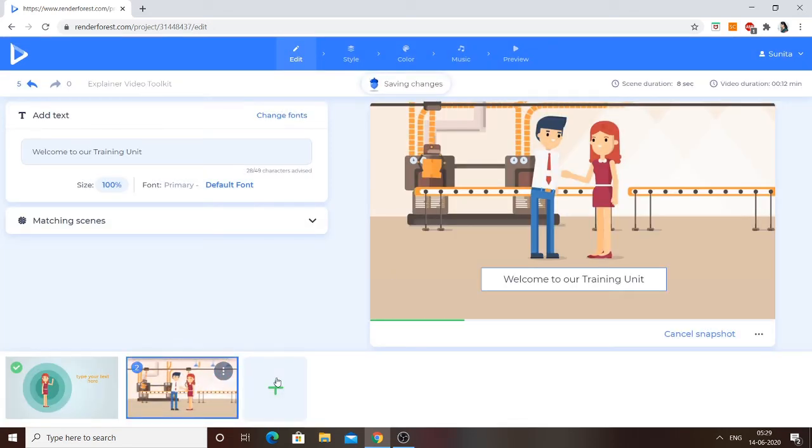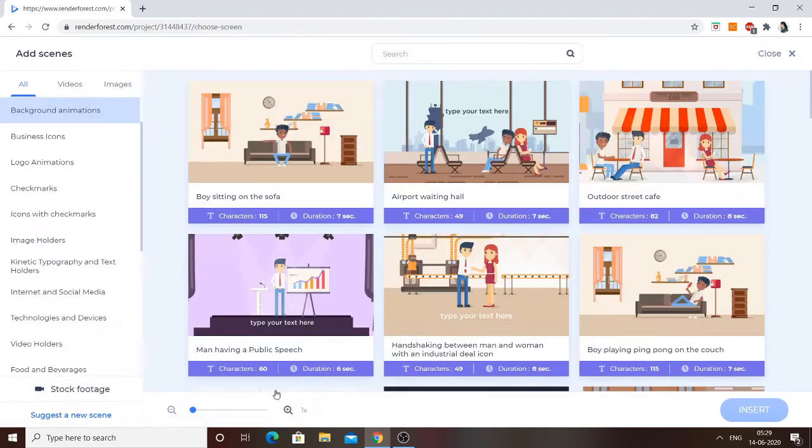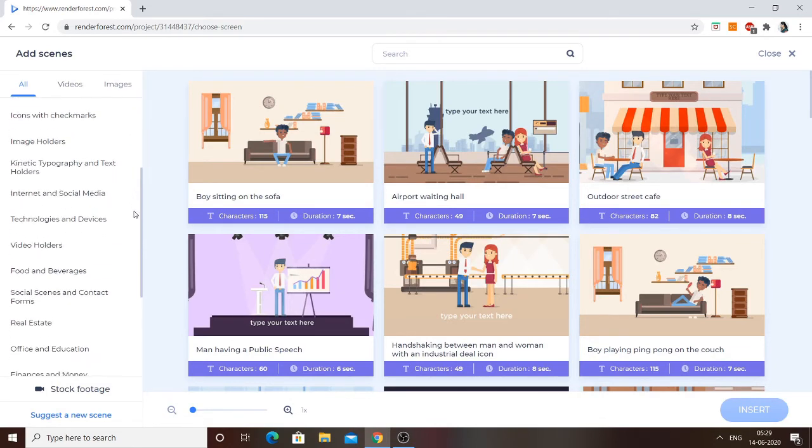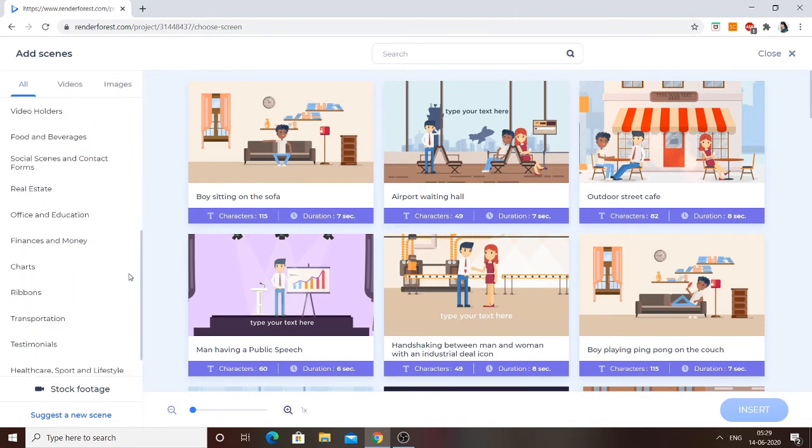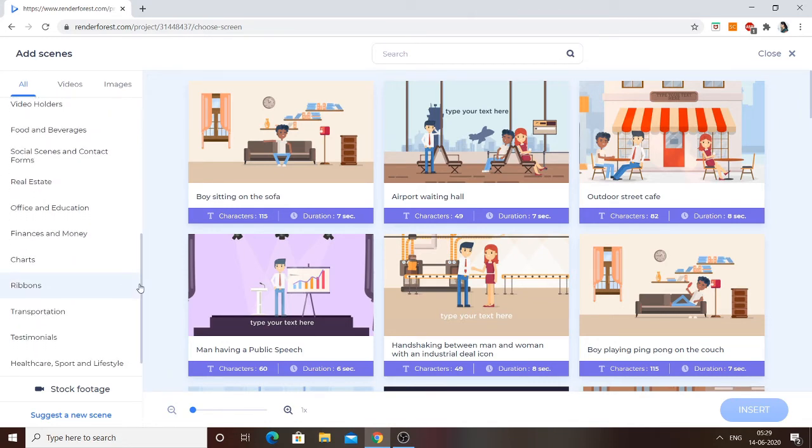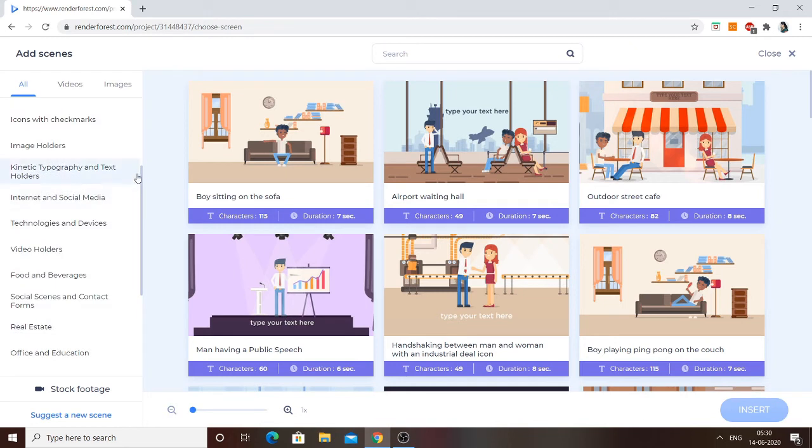Okay, now let's add one more scene. Now again we can go to this and we can select any. There are lots of different types of scenes, so you can select any one.